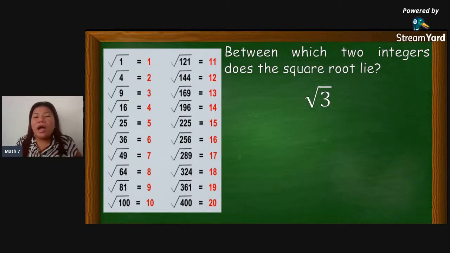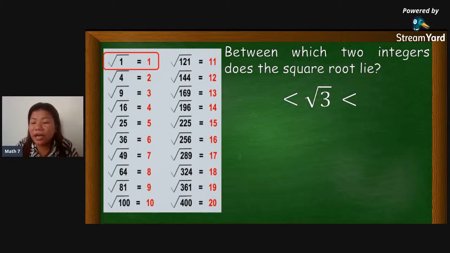Makinig na po. Saan malapit si square root of 3? Yung magka-consecutive o magkasunod. Saan malapit? Square root of ano? Mas less siya sa, nandiyan na si Jonalyn. So, square root of 3 is greater than square root of 1, but less than square